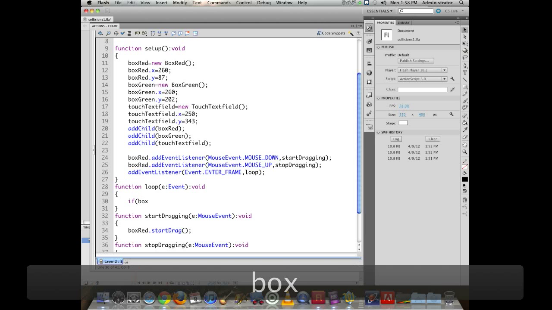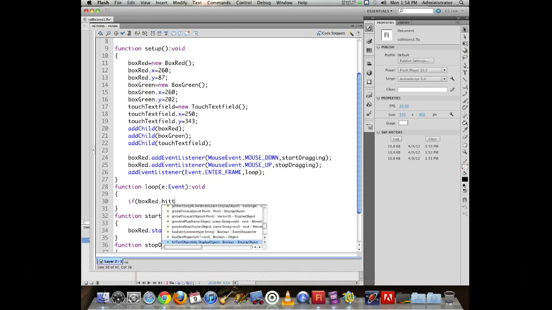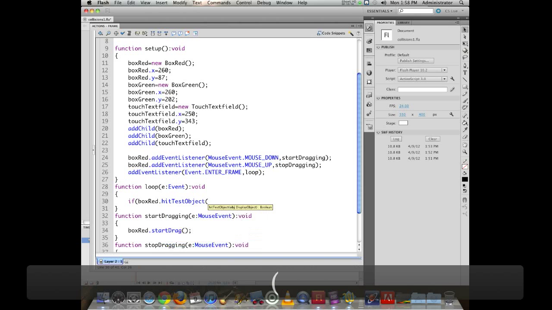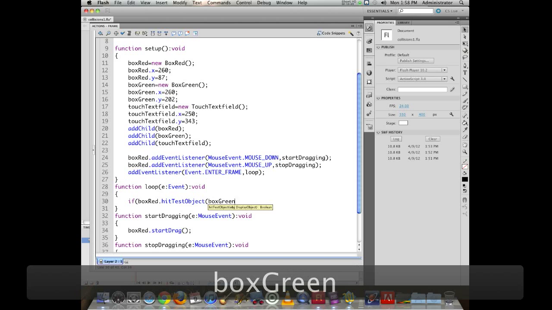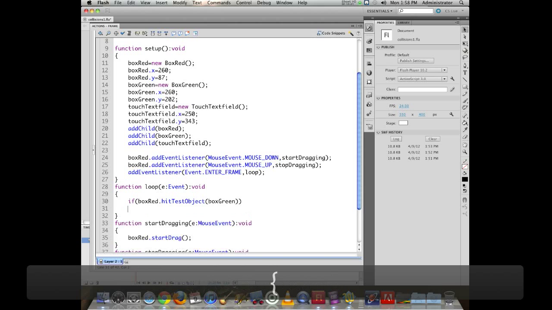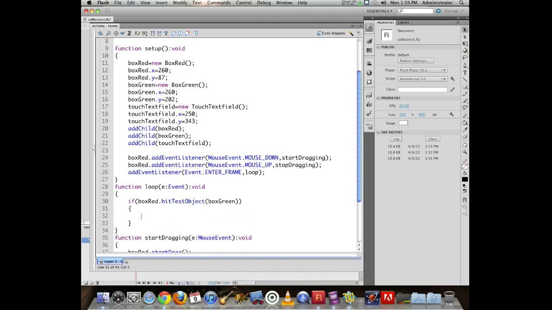If box red dot hit test object, so this is a property of display objects. Movie clips are display objects, therefore we can use this method. And then we specify what we're looking to see if it's hitting. So if that's true, then at this point I want to update my text. So I can say if box red hit test object box green is true, that's what that line number 30 in the code says, then